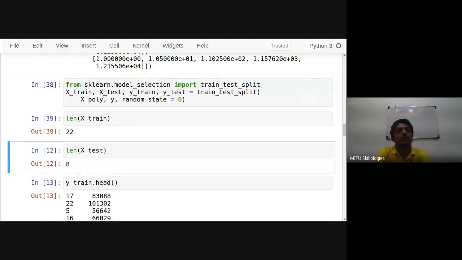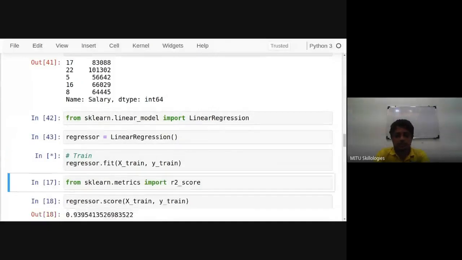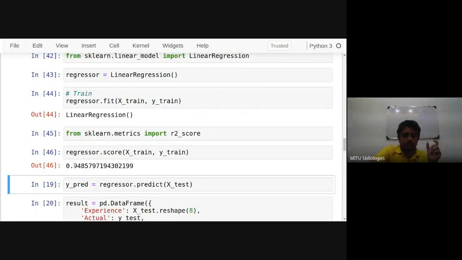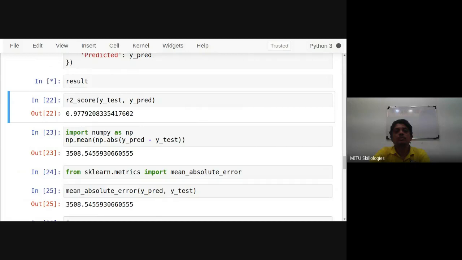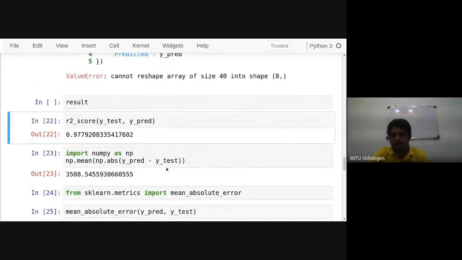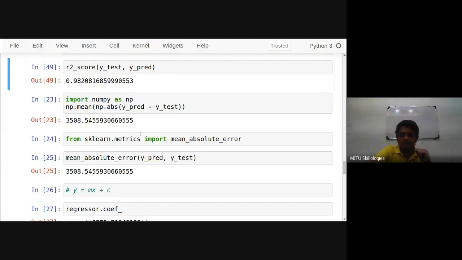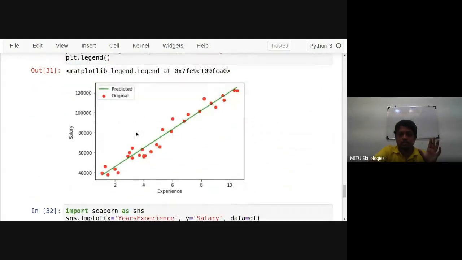And then we will see the effect on the data. I'm doing the same task ahead now: create a linear regression. Only the input I am transforming into polynomial format. That's the only difference I have made. The remaining concepts I am taking as they are. Now check. The regression score has changed. It is 94.85 now. And if I do the predictions, okay, the input data is different. Just check it. The R2 score is 98.20. It was 97% previously. It is now 98.20.